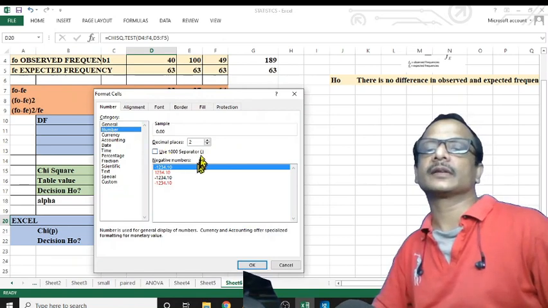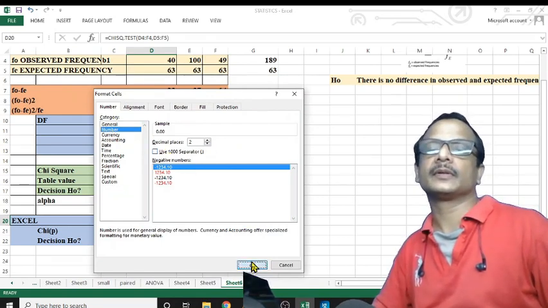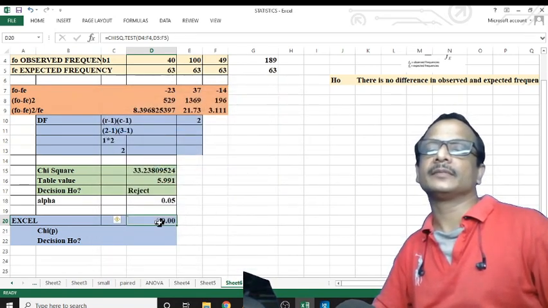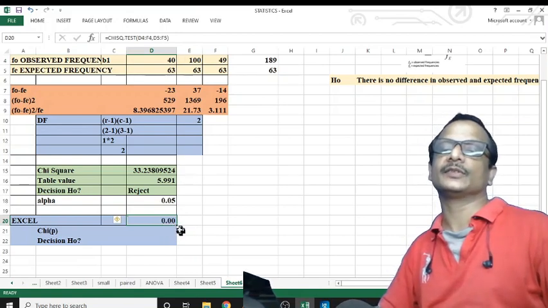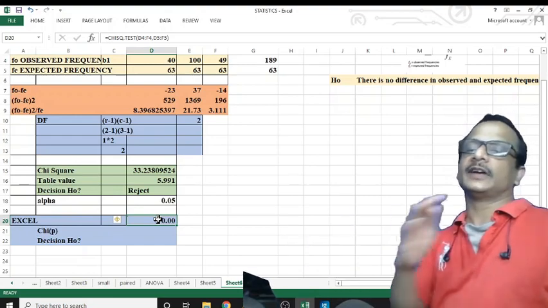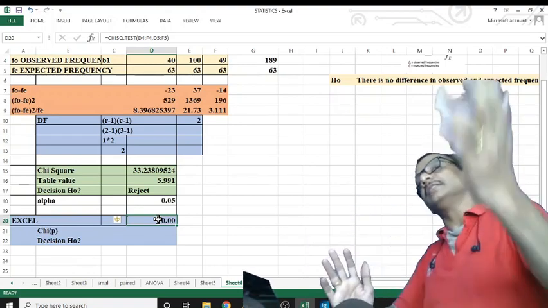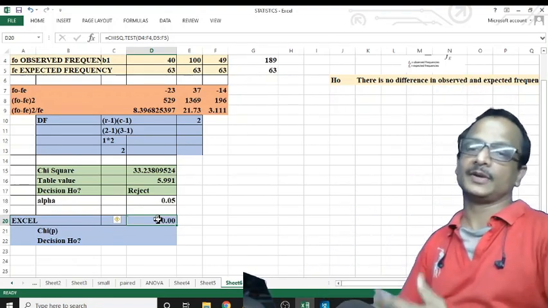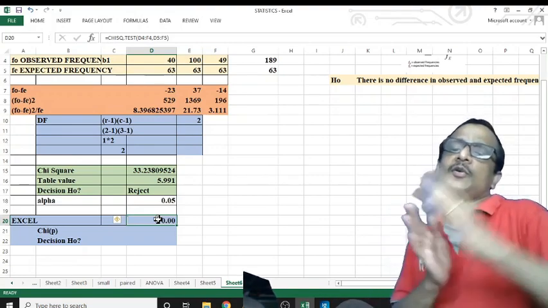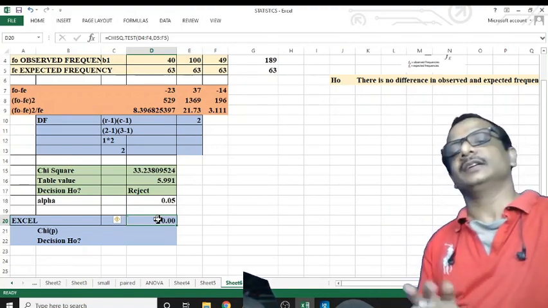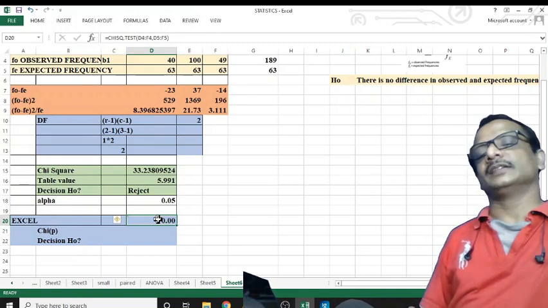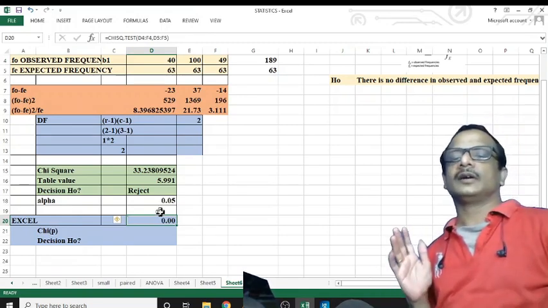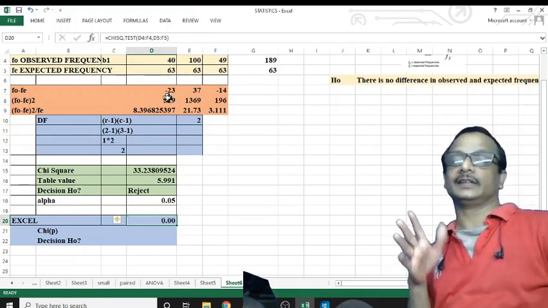Yeah, and this is the value 0.000. That means after 8 zeros there is 6. Okay, no need to consider all those 8 zeros. Just take 0.00. That means our association is significant at